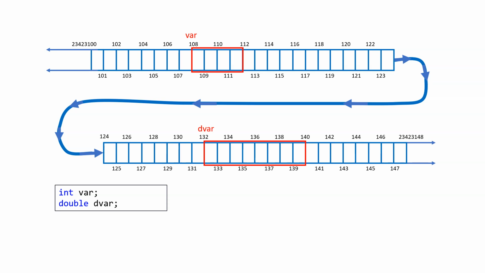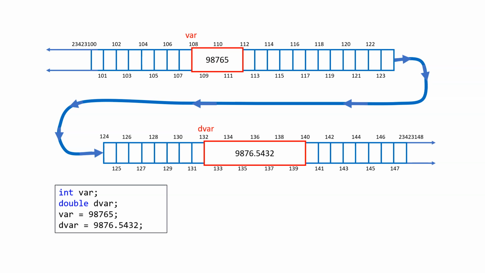So essentially, when I create a double, because double represents 8 bytes, then 8 bytes somewhere in memory are going to be set, and it's going to be tagged as the value that I'm calling dvar. We good with this? All right. So when you create a variable, it has a name, you can put stuff in it. If I set var to something, the value is going to overwrite the whole 4 bytes, because an integer is 4 bytes, right? And when I put something in a double, it's going to happen like that. Are we good with this? Questions?